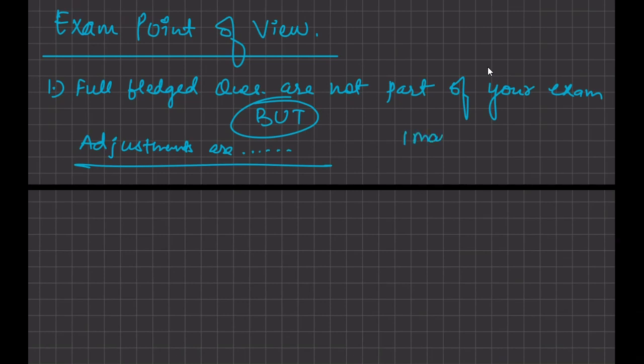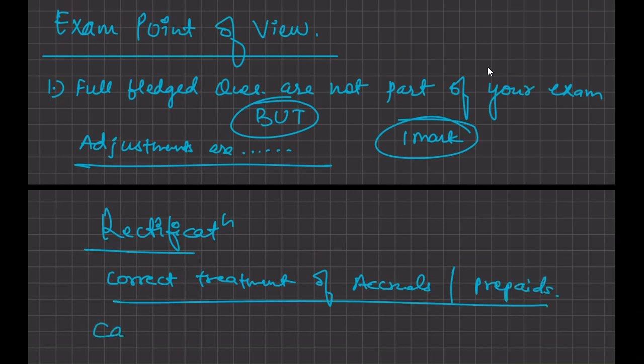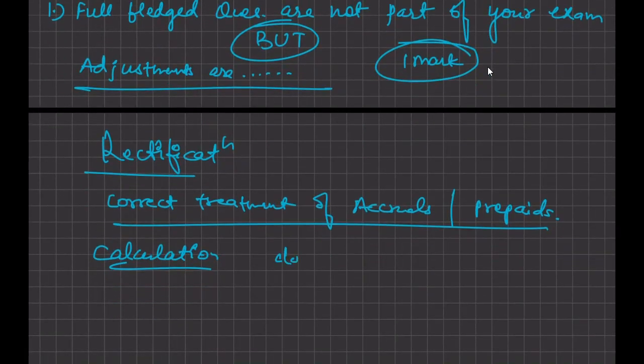That means they can be asked in 1 mark. For example, they can ask you the rectification entry, which one of the four is correct. They can ask you the correct treatment of accruals, prepaids. They can ask you calculation related stuff, calculate the depreciation and tell us the closing balance of asset account, tell us the closing balance of cash account,